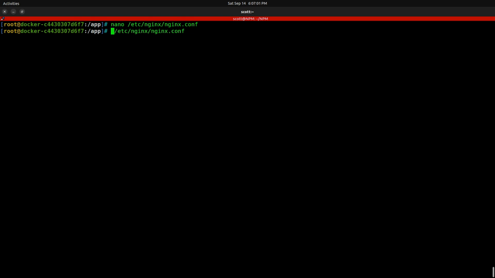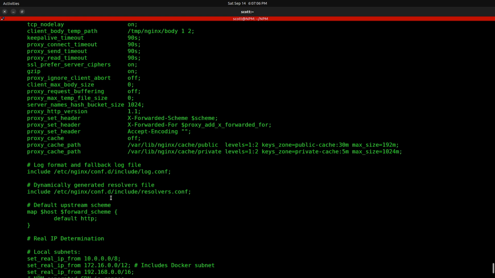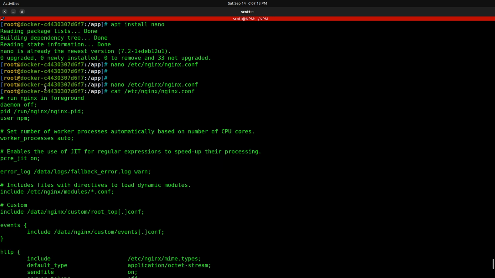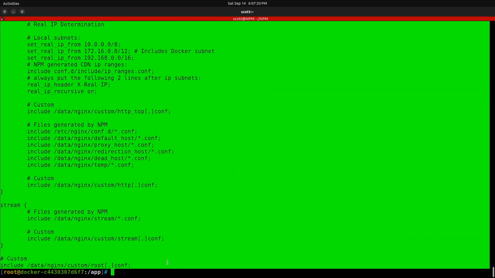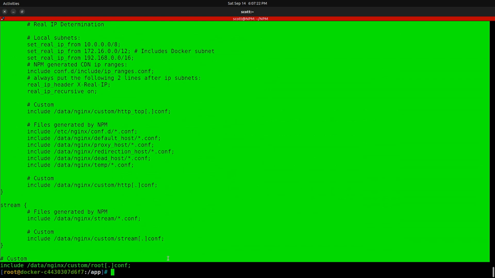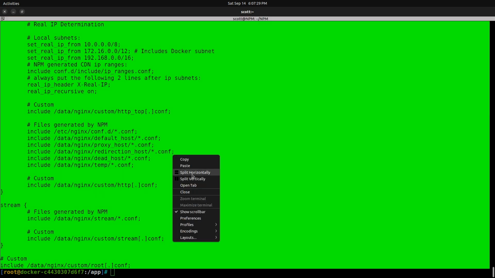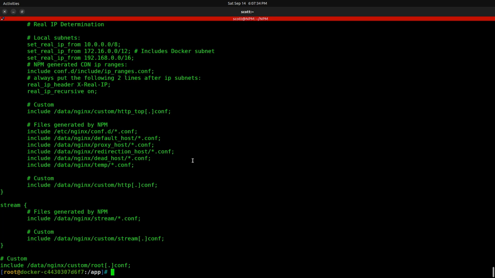So what we're going to do is cat out this file, and then I'm going to scroll to the top of it in my terminal, and then I will grab the beginning of this file here, and I'll scroll all the way down to the end. The reason I'm not including this file is because it will have changes that are specific to your network. So I'll do a right click and a copy, and then I'll exit out